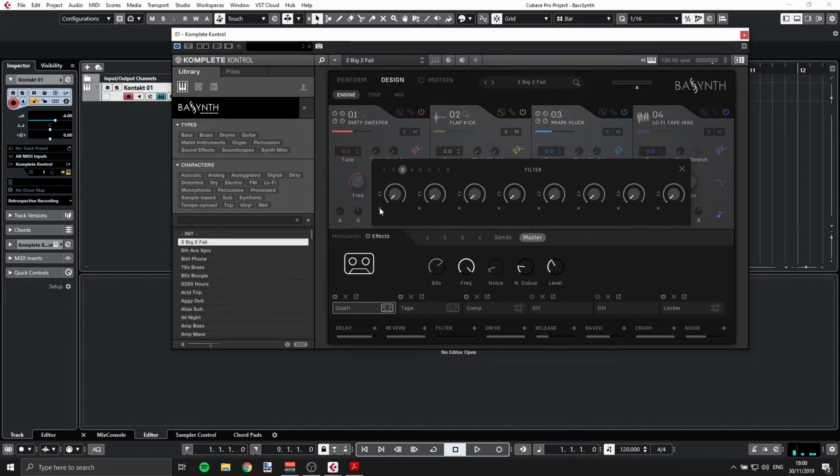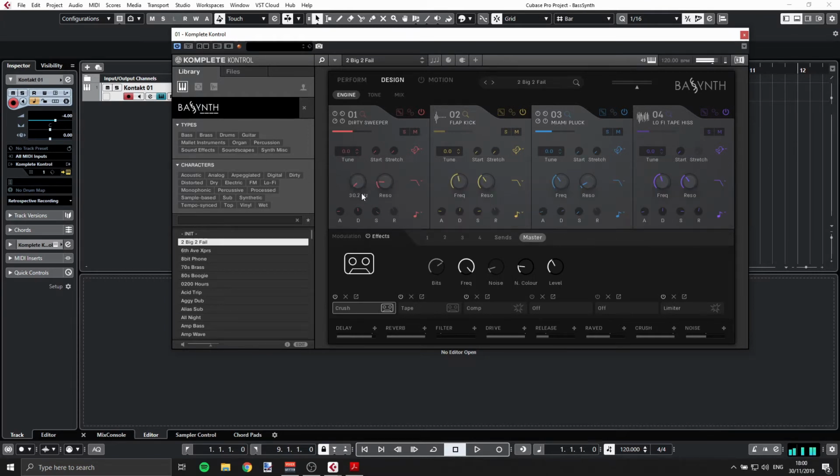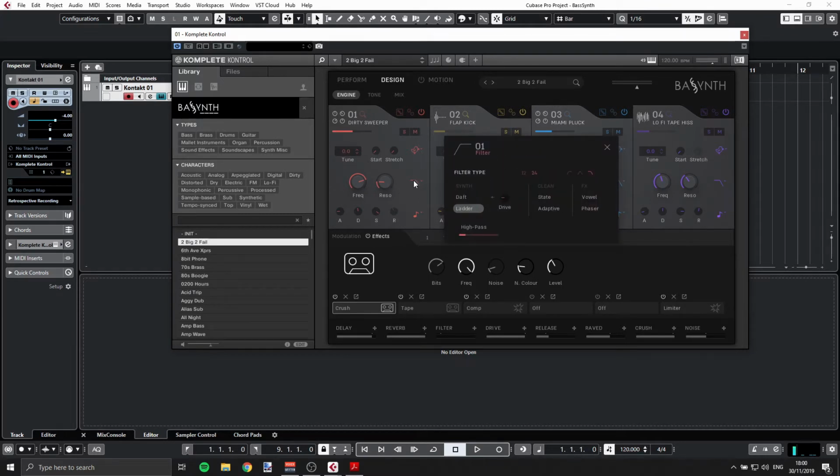Right, and I can just delete all these, and now I'm controlling this manually. So first of all, that's the frequency, then we have our resonance, and we have our filter type here. So we have all kinds of options. We have our daft and ladder, which are basically based on filters from well-known synthesizers. We can introduce a little bit of drive here, and we have the slope, 12, 24 dBs,